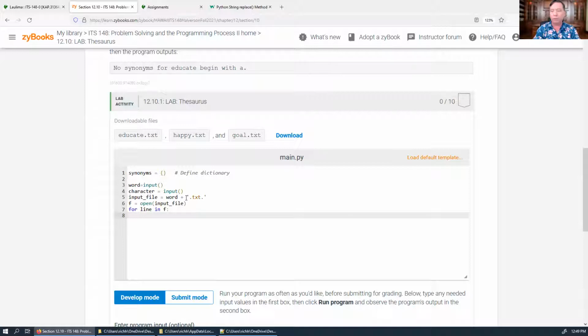For each line, I want to split the line into some words. Words equals line.split. And since we're going to split by space, you don't need to put anything inside here. It assumes it's a space if you don't put anything inside there. And then I'm going to have to